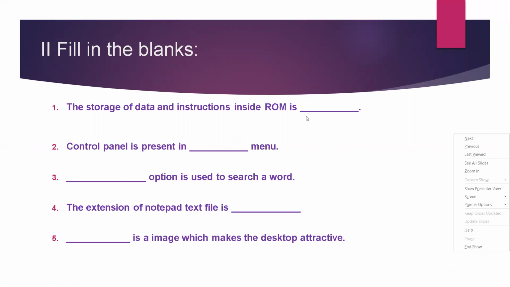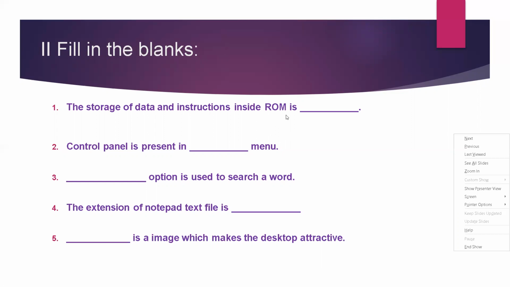So computer memory can be divided into two. The first one is primary memory and the second one is secondary memory. Now we'll be only learning about the primary memory. Later we will learn about the secondary. In the primary memory, we have again two memories, or the primary memory is divided into two. One is RAM and one is ROM.